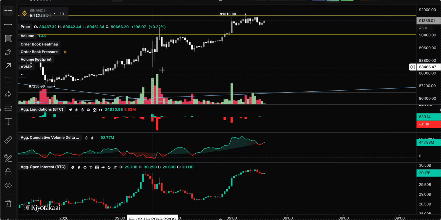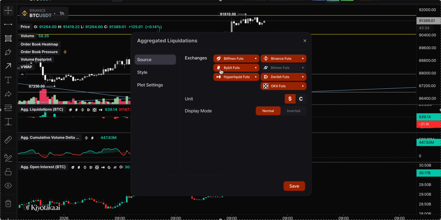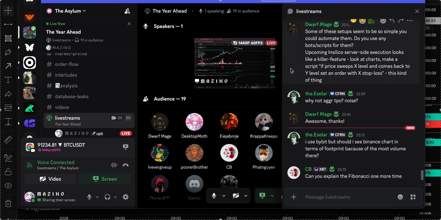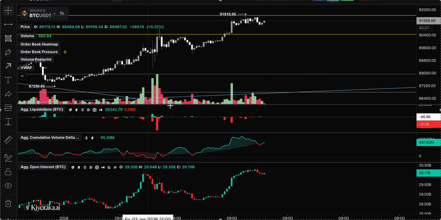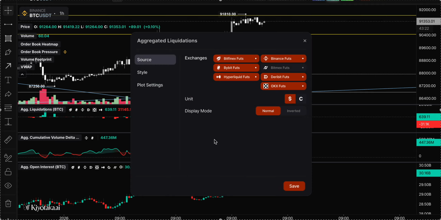Binance, OKX, Kraken, Coinbase, you can chart them directly, especially Coinbase, Kraken, and most of the exchanges in this list. So Bitfinex, Bybit, Deribit, OKX, Binance. BitMEX, in my opinion, has lost a lot of liquidity and volume. And Hyperliquid, just for the way it works,